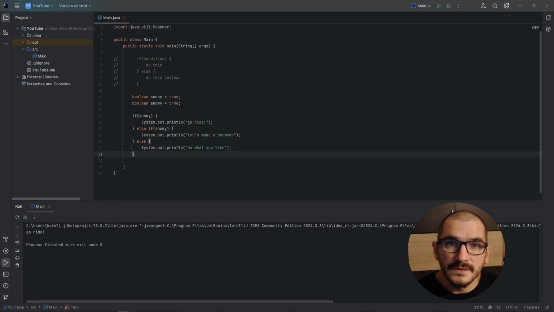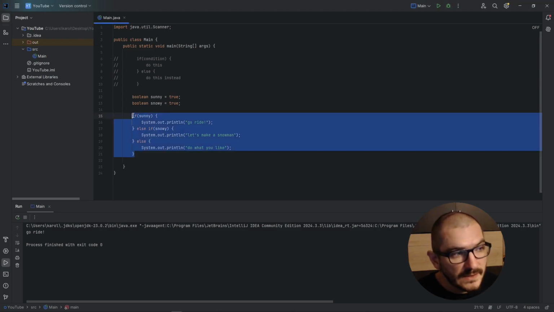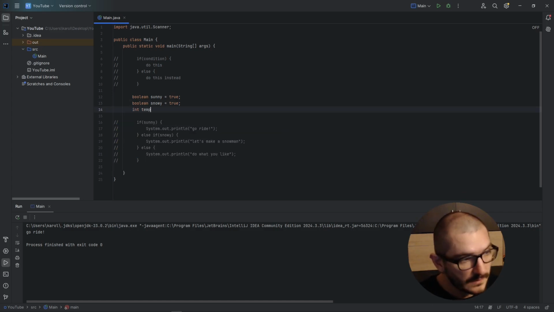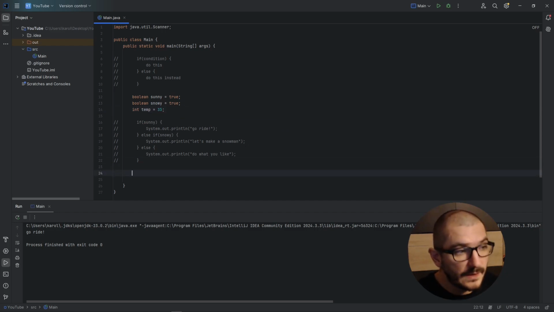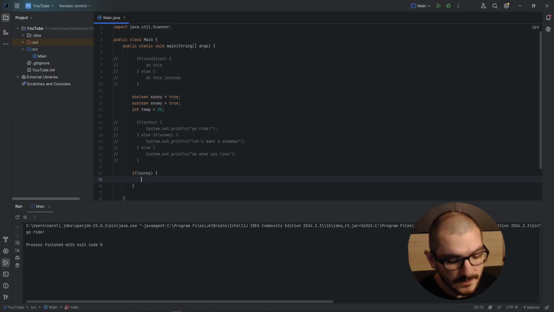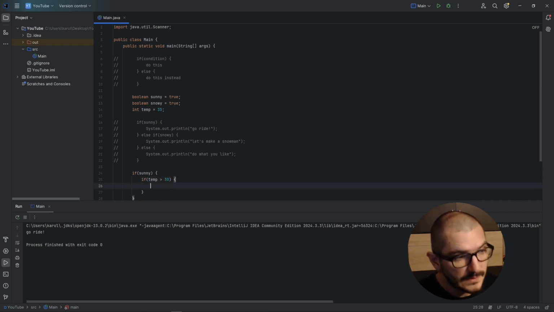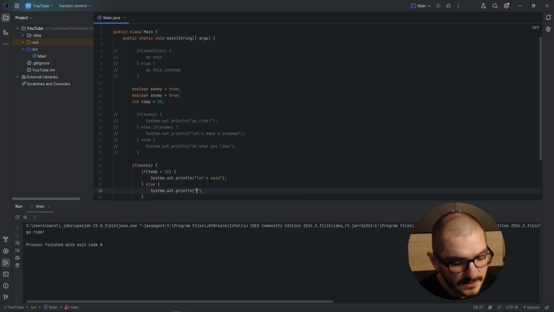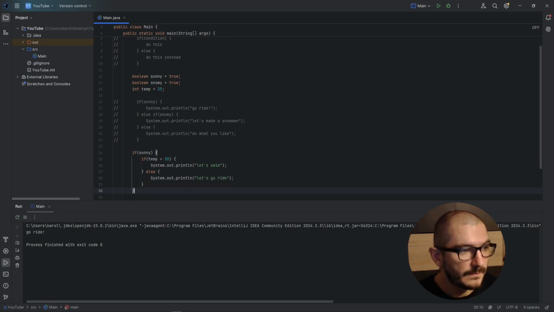You can also nest your if statements. Let me comment this part out and create another variable for the temperature. Int temp equals 35 degrees Celsius. And in my if statement, I can say if it's sunny, then check if the temperature is over 30, then let's go swim. Else, if it's less than 30, but still sunny, then let's go ride. Else,